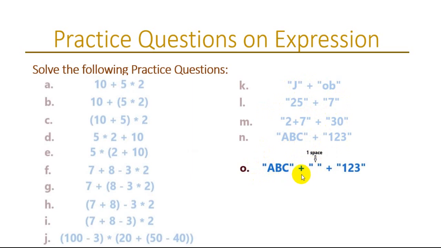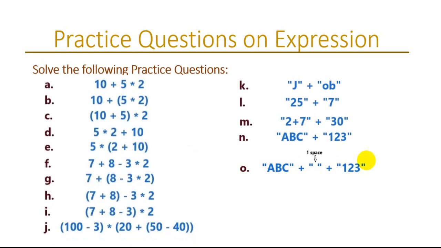In this last question, we are adding two things. We are adding to ABC a space. Because if you leave a blank here, you generally won't know whether it is one space or two spaces or no space or whatever. So I am specifically indicating there is a space here. That's why I put one space here. Okay, plus 1, 2, 3. So this is the last one that you need to try. So these are the exercises that you need to do, and keep your answers until we provide a solution video